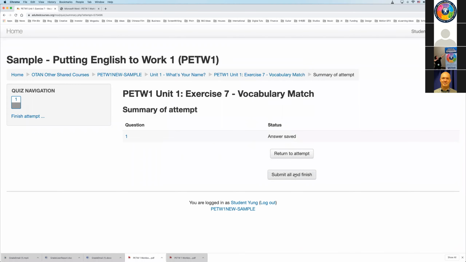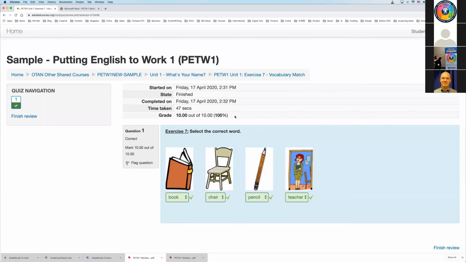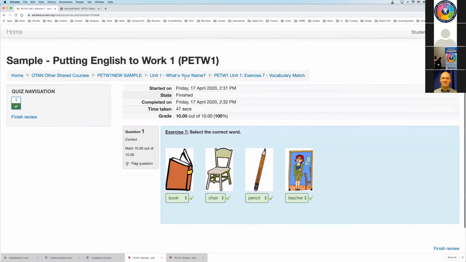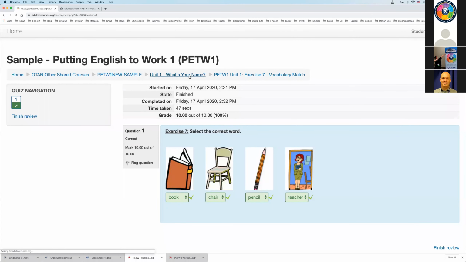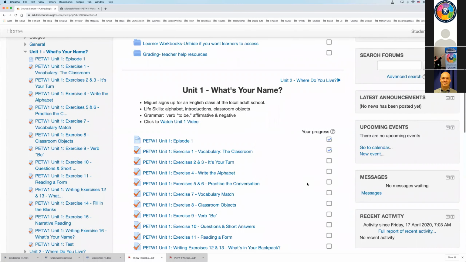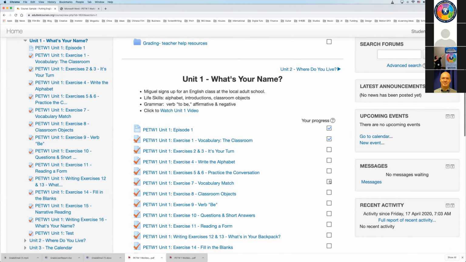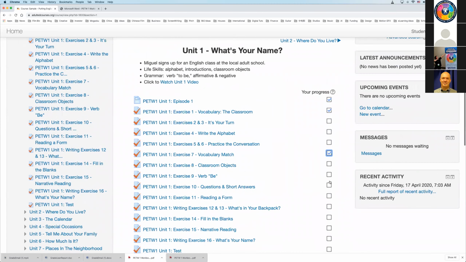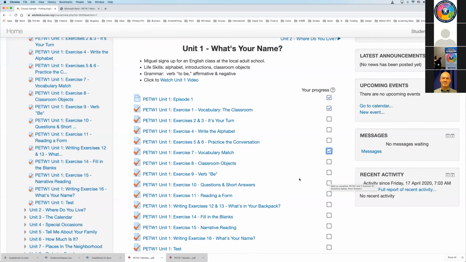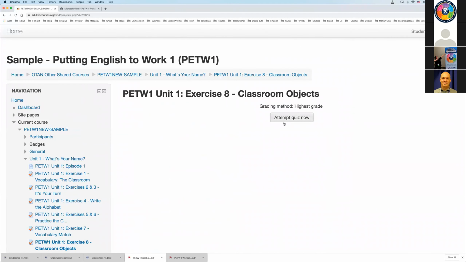Remember, you have to click it 3 times: submit all and finish, submit all and finish. And now I have a grade. And remember, students can do an exercise as many times as they need or want to, okay? So that's exercise 7. And now we're going to look at exercise 8.